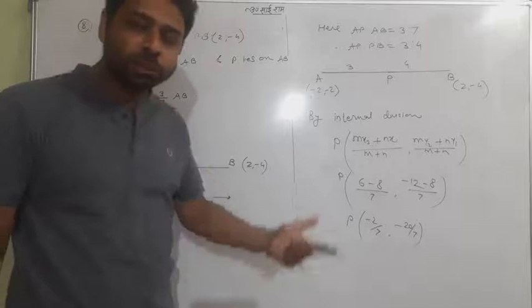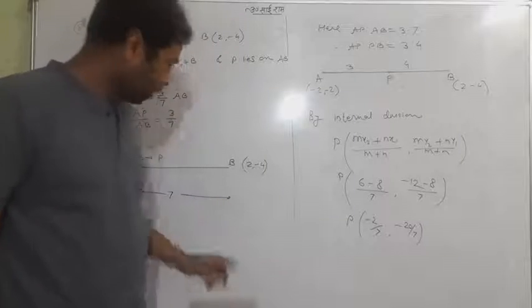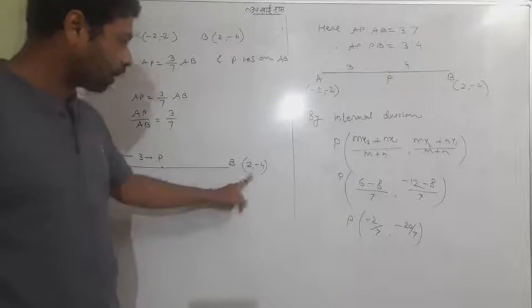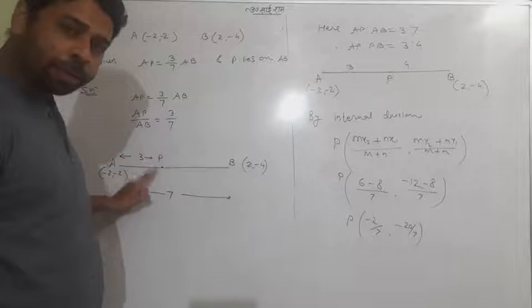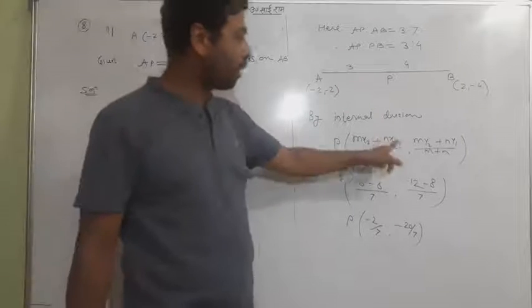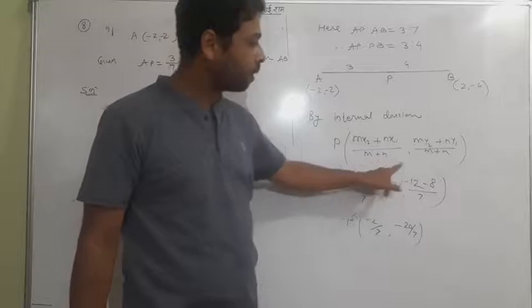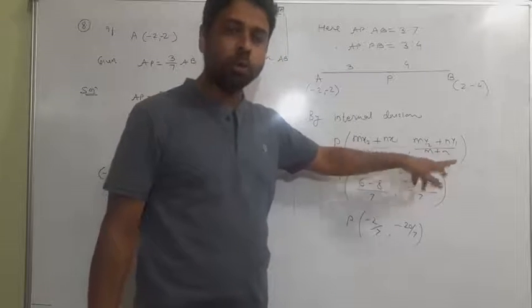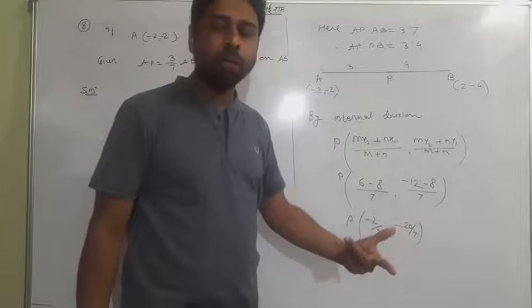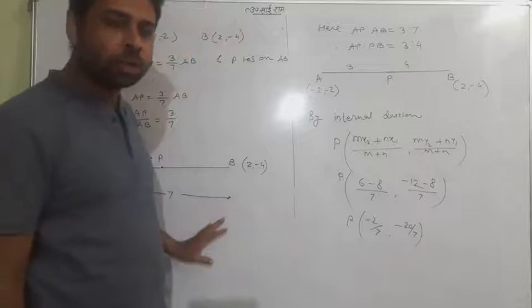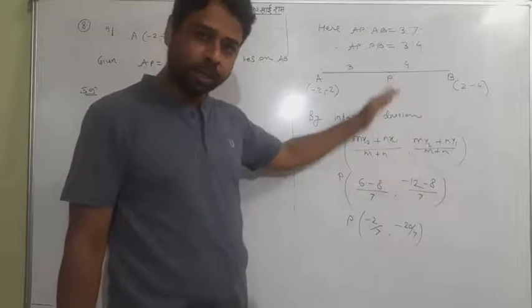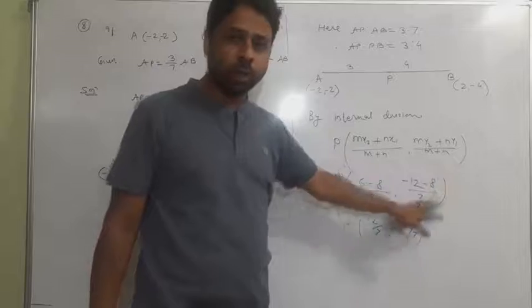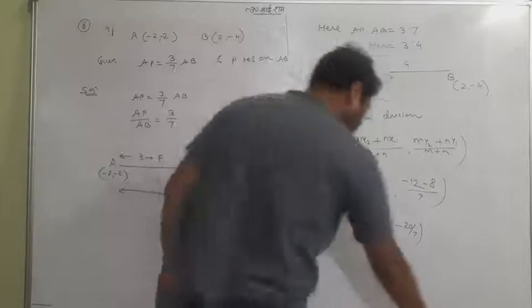By the external division formula also one can do it. This is considered x1 and x2, this is considered m and n, and to use the formula of external division, this is minus, this is minus, this is minus, this is minus. You can also find the answer. But I converted the whole situation of the external division into the internal division concept, and then I used the internal division law and got an answer. Okay, so this is from my side.